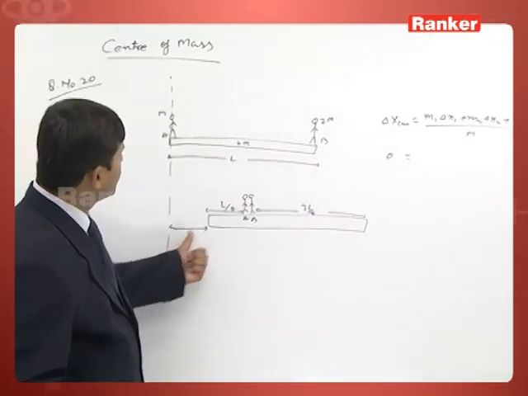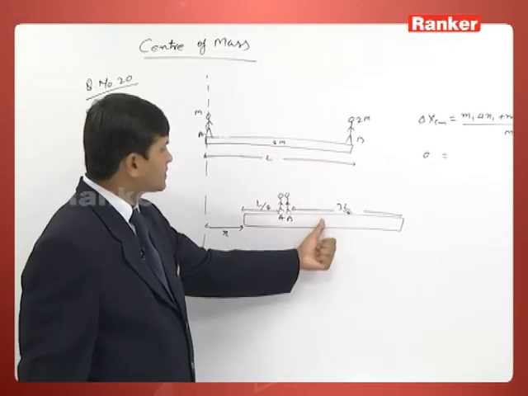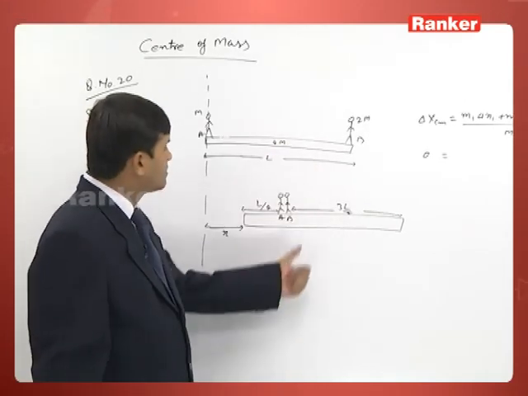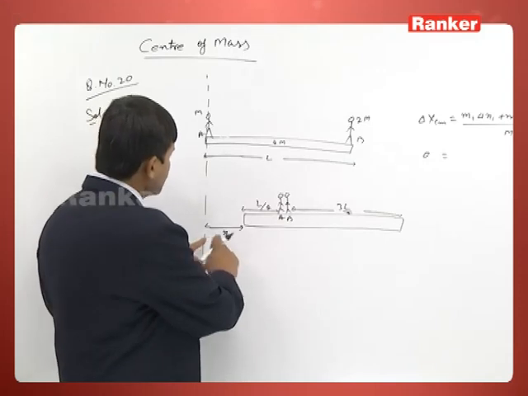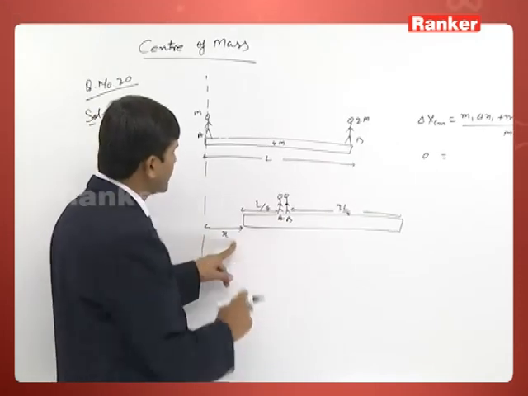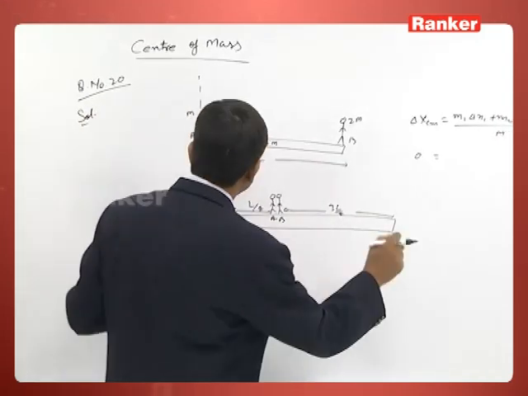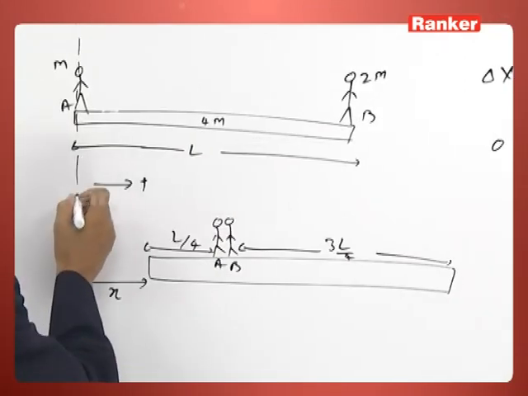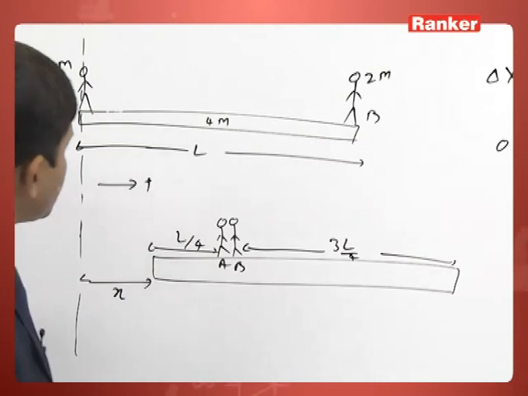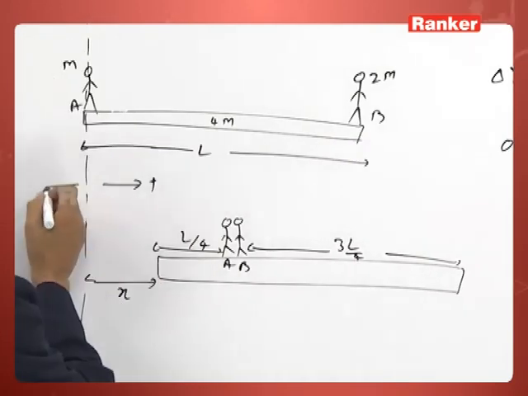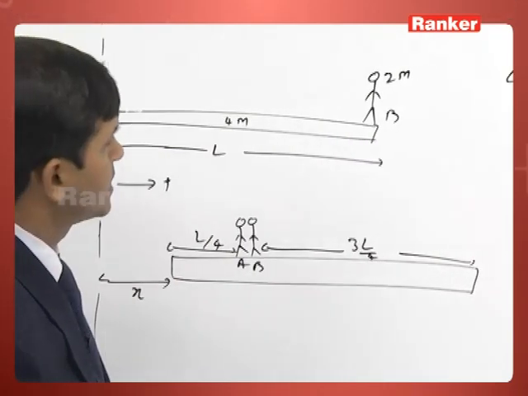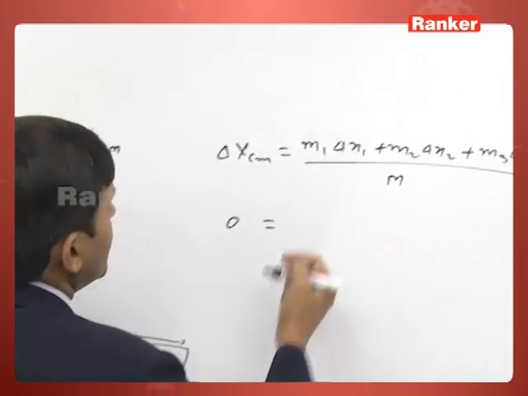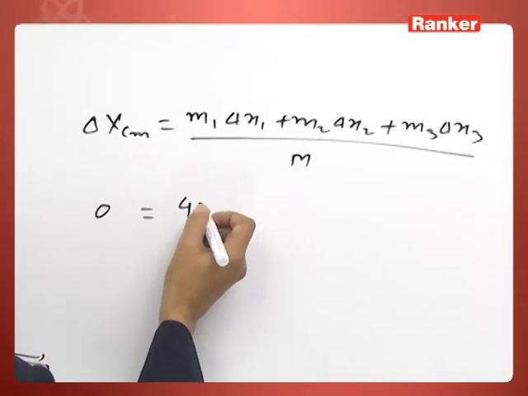m1, we can say, is the mass of the boat, 4m, and the displacement of the boat is x. The center of mass on that side we can say is positive from this, and this side we can say is negative. So the change in the center of mass of this is 4m into x